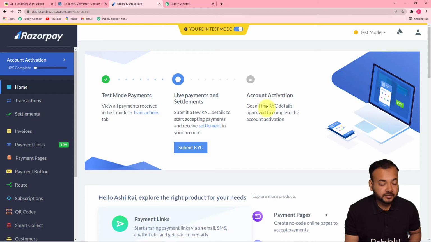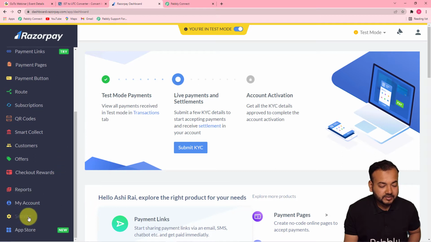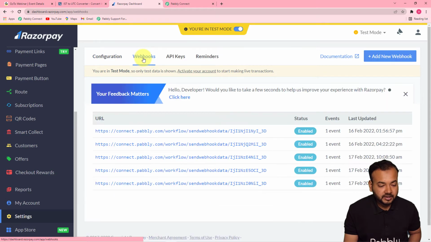This is my Razorpay dashboard, guys. And from this left hand side panel, when you scroll down, you will find this settings option. Click on settings, and on this page you will find this webhooks tab. Click on webhooks. Okay, and here you can create a new webhook by clicking here on this add new webhook